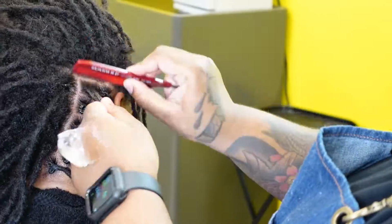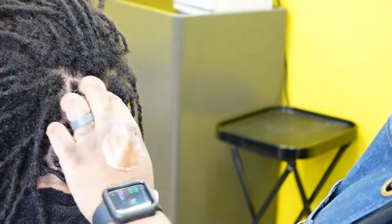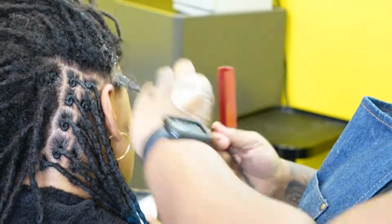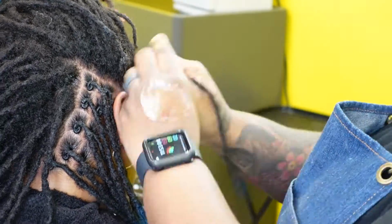it's just so much easier, so much faster for me. This is my way of being as efficient as possible so that my clients can get in and out of the chair. And yeah, the product that I'm using, if you guys don't know, is linked below, but the lady